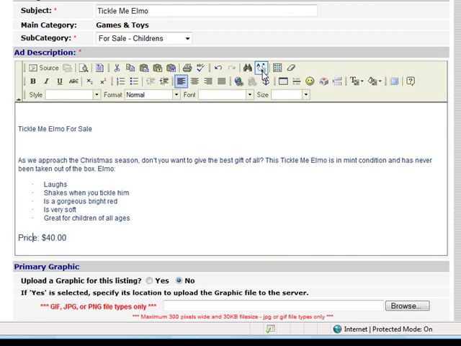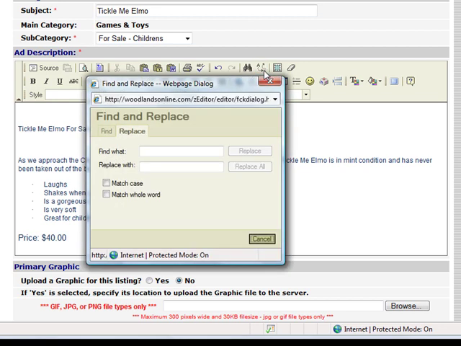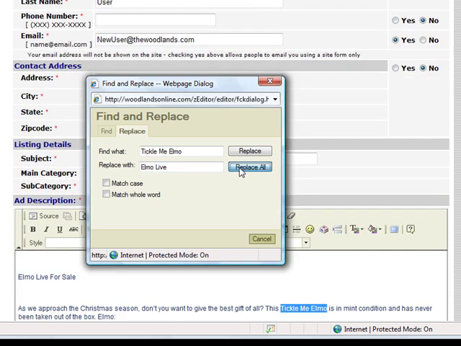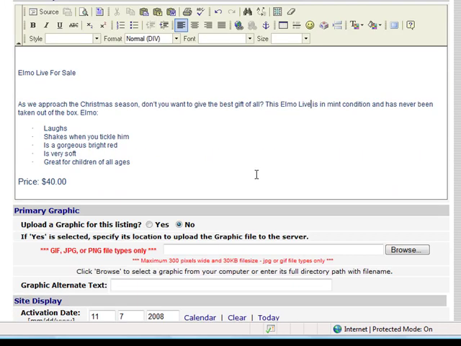Now let's say after typing in my description I realize I spelt something wrong. I would click on this button, which is find and replace. I want to find the entire phrase Tickle Me Elmo and replace it with Elmo Live. If I hit replace, it will replace it once. If I hit replace all, it will replace it every time it is found. I will hit replace all. I can scroll down and see that Elmo Live has been